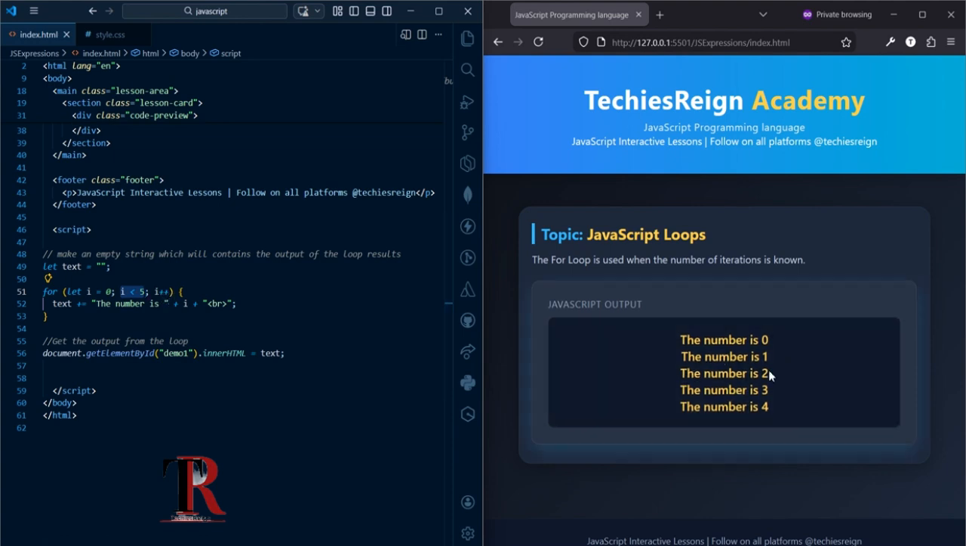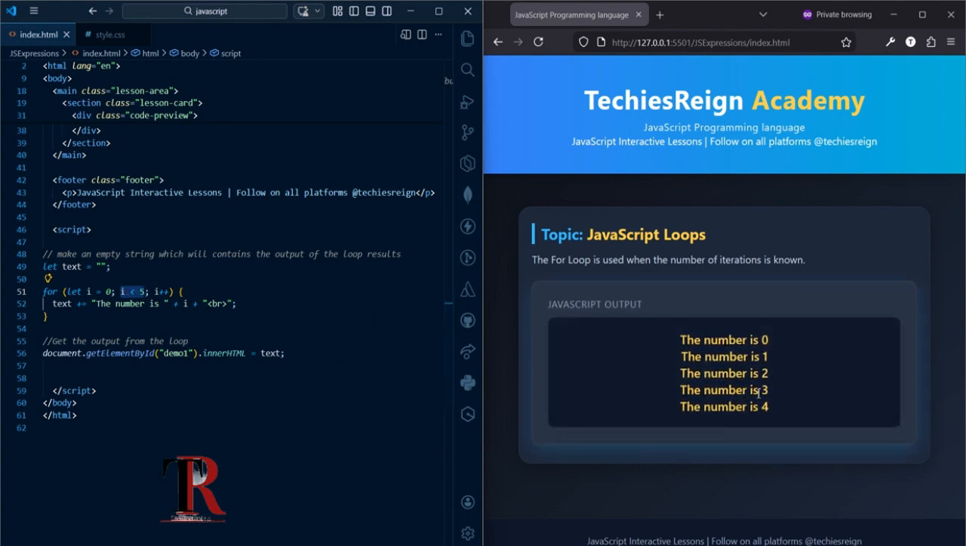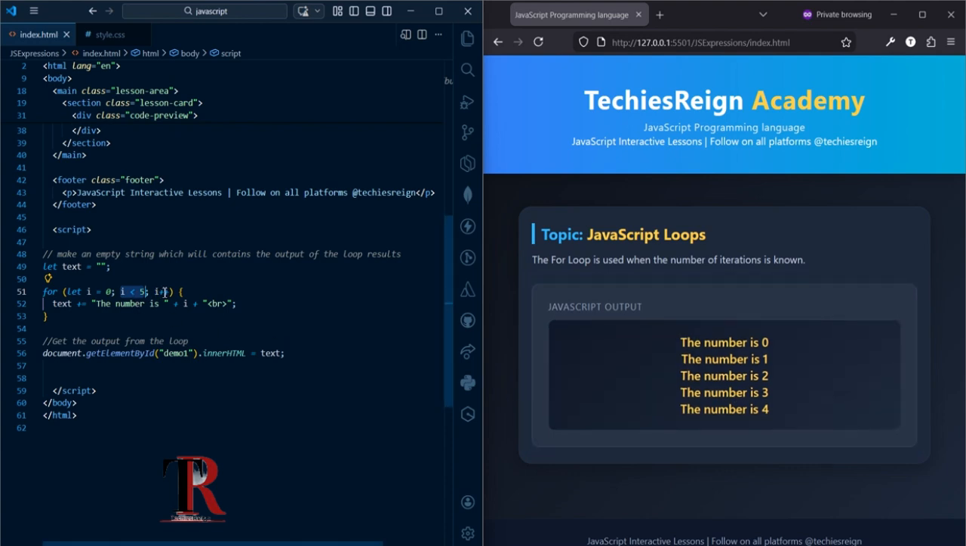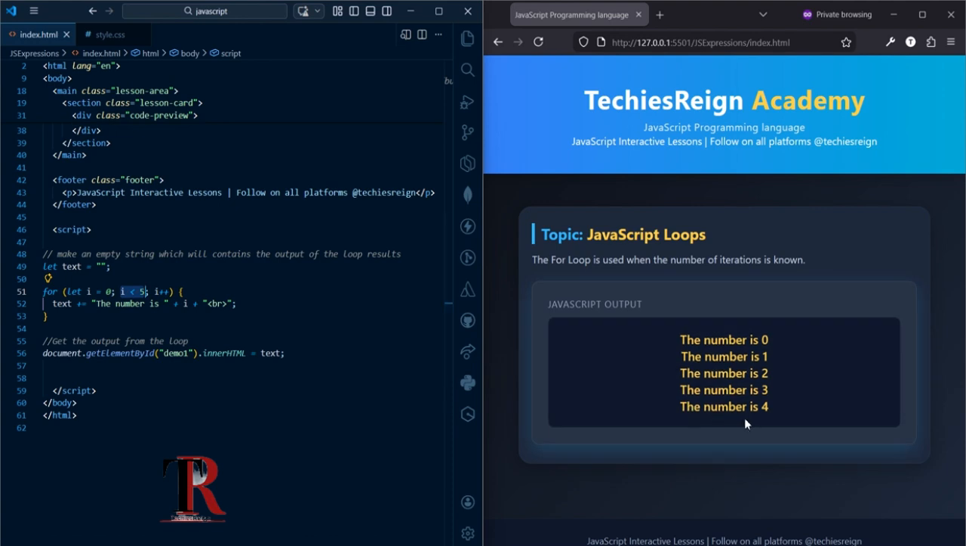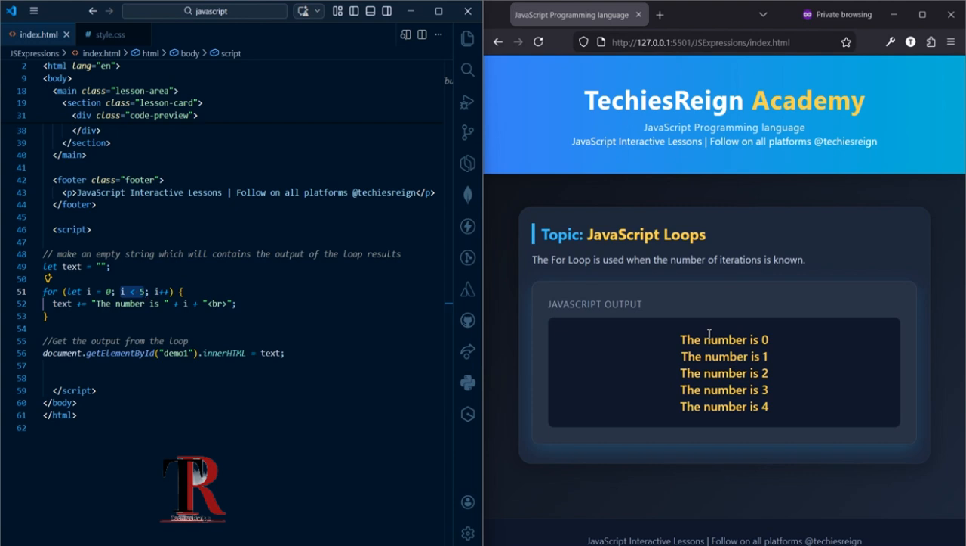Yes, it is. It will print it. Then it will increment again to 3. Is 3 less than 5? Yes, it is. Now it will increment again. Is 4 less than 5? Yes, it is. This is why you are seeing it on the screen. Then when it increments from 4 to 5, is 5 less than 5? That is false. So it will not add it,